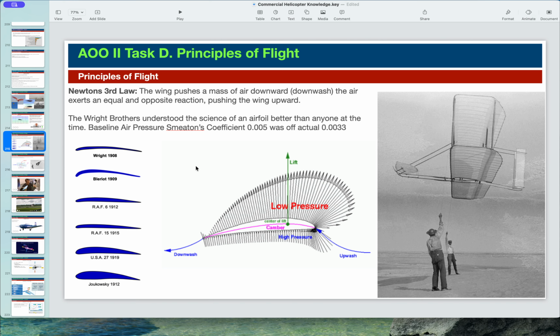And they learned that because a lot of the competitors were using Smeaton's coefficient for the air pressure baseline, which was inaccurate. However, they ran a number of tests, but nobody knew that. They used wind tunnels. They experimented with different shapes of wings and lengths of wings, and they were able to find, with the technology that they had at that time, the ideal shape for a wing